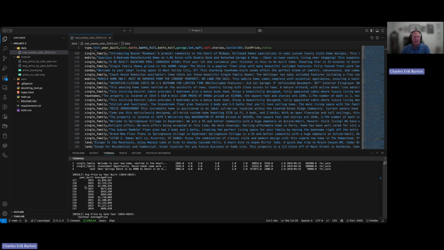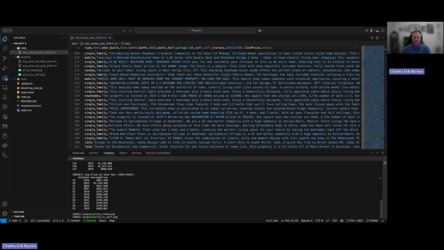Question 2 is, how have housing prices changed over the years when homes are sold? So I extracted the sale year from the last sold on column, grouped by year, and calculated the average price. That's what you see here. This is for the last 10 years. The line chart here, which are prices here,